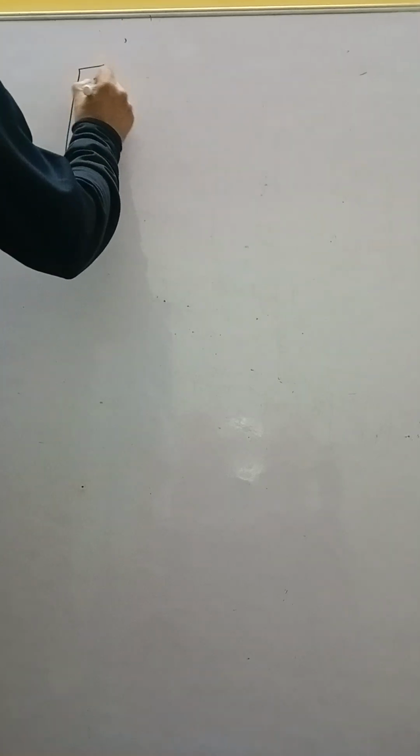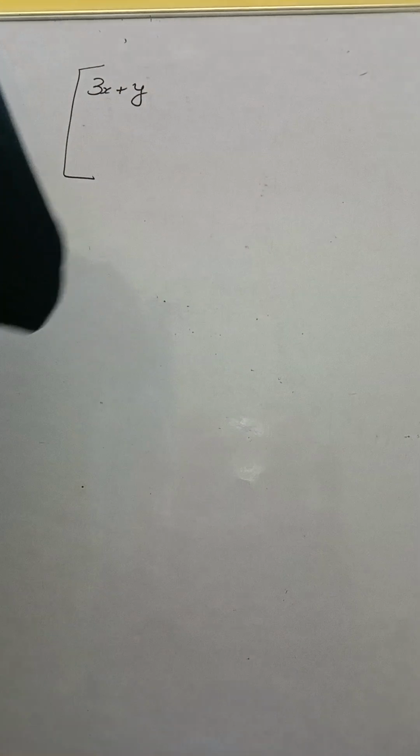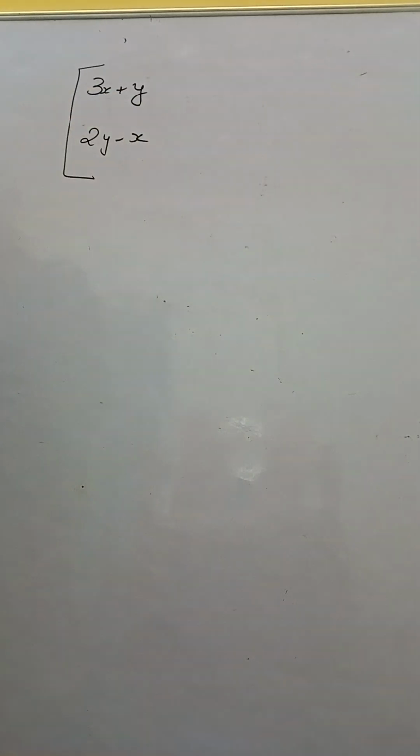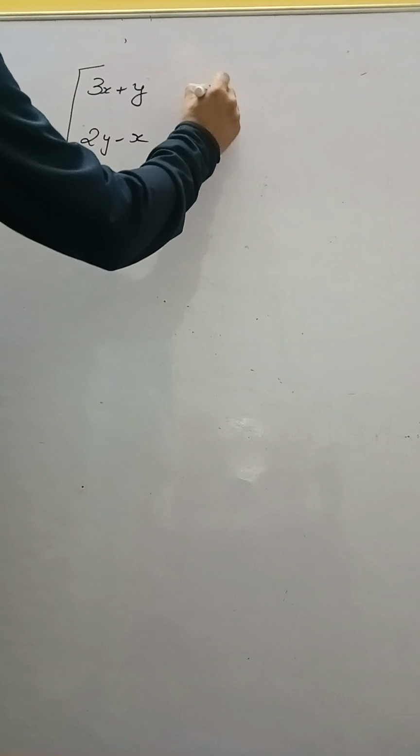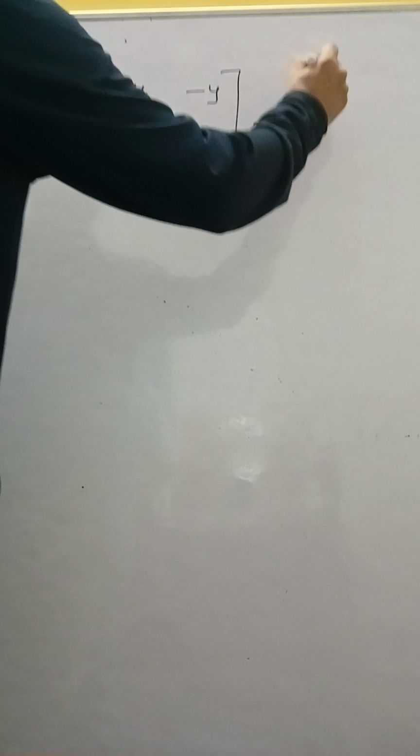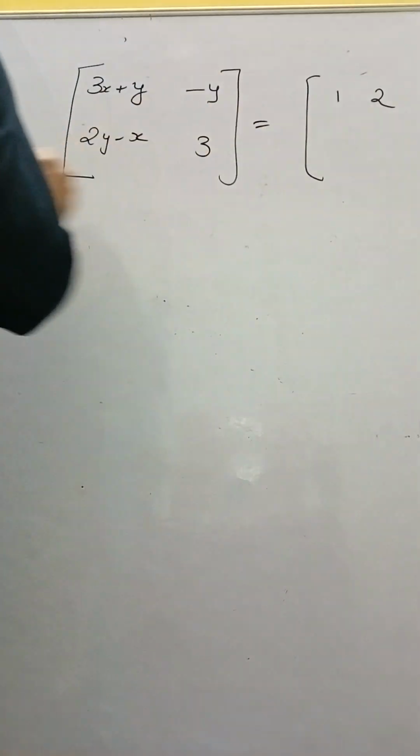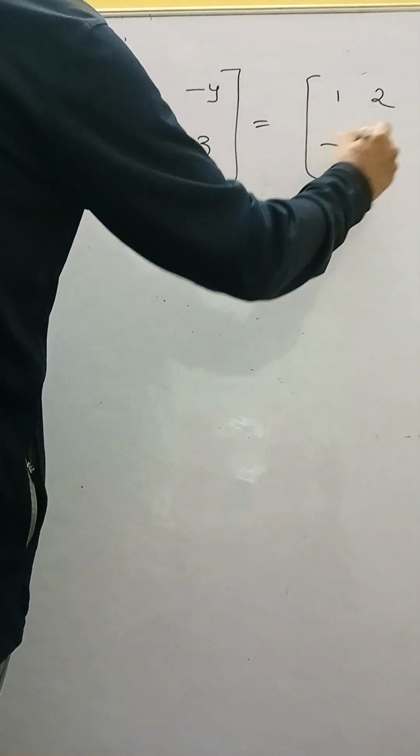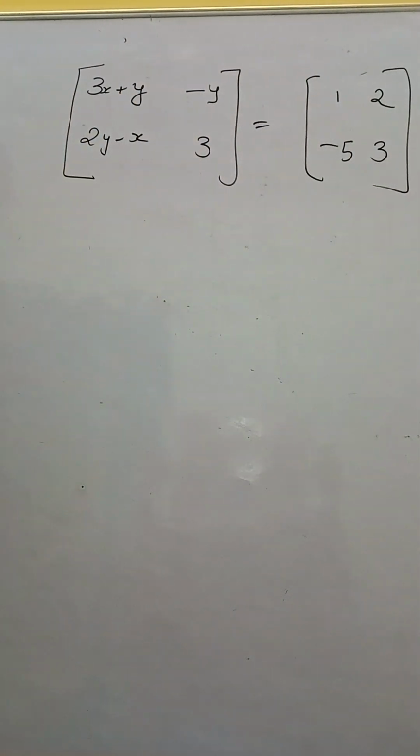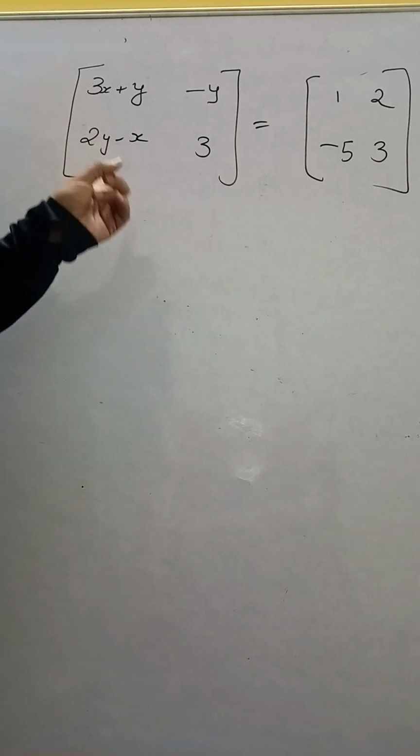This time we'll introduce what equal matrices are. There is a question: 3x plus y, this is one element, 2y minus x, this is another element, minus y, 3 is equal to 1, 2, minus 5, 3. So if they say that two matrices are equal, that means first of all the order has